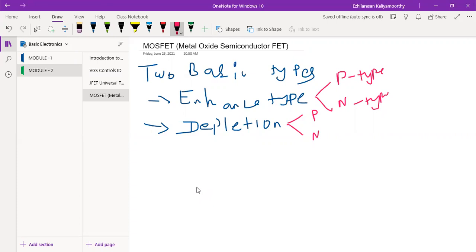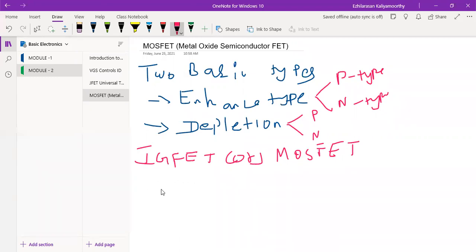Okay. So now second thing is I need to tell about the IGFET, or MOSFET. IGFET is nothing but insulated gate FET. Because in the gate terminal in your JFET, we used metal, but here the material called polycrystalline silicon is used in the gate.